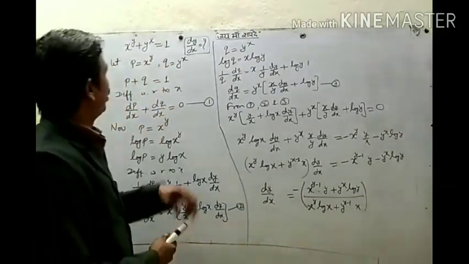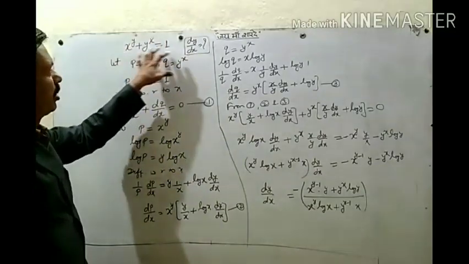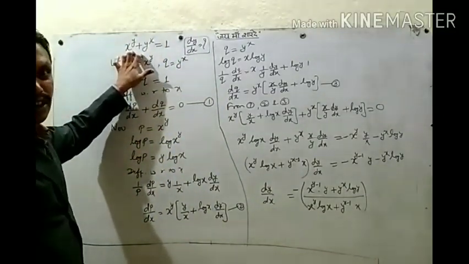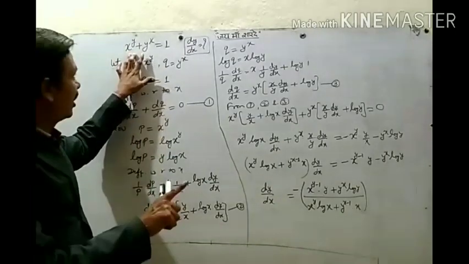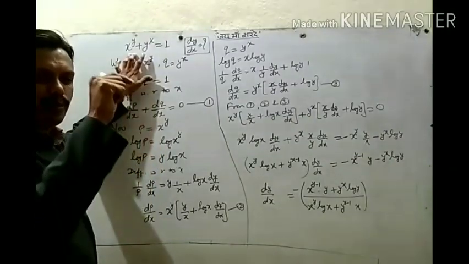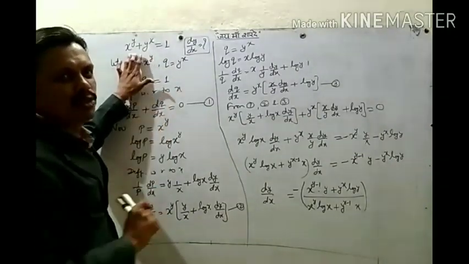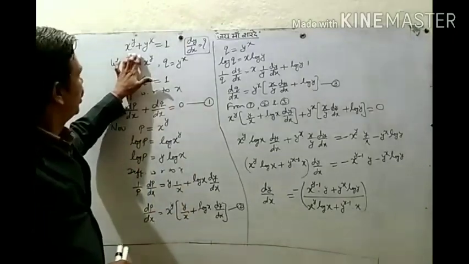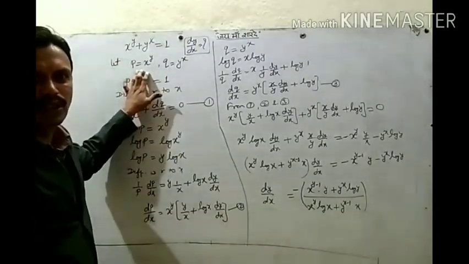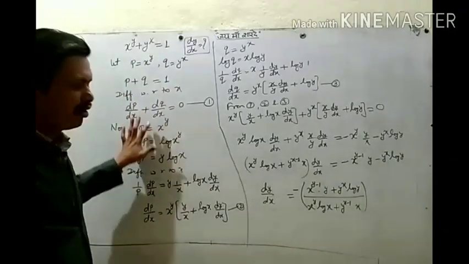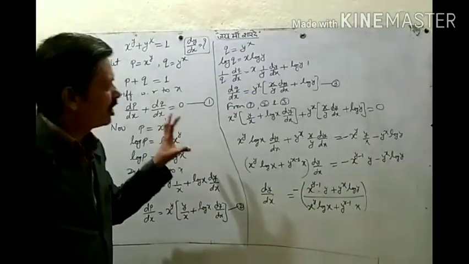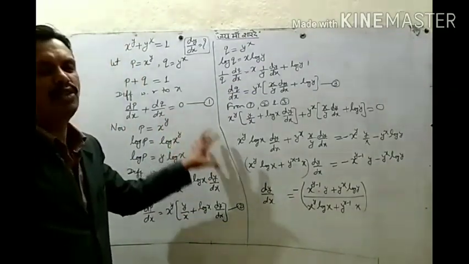So when we want to find dy by dx, one equation is given, okay? And in that, again, if there are more than one term on any side, and any one term is in the form of p to the power q, where p and q are in terms of x and y or in terms of x only, then again assume them as any other variables, p and q or u and v, find the derivatives, and then we can find dy by dx. But these are very important questions. One question can come in your exam. Okay?